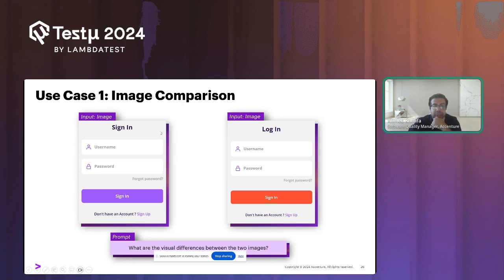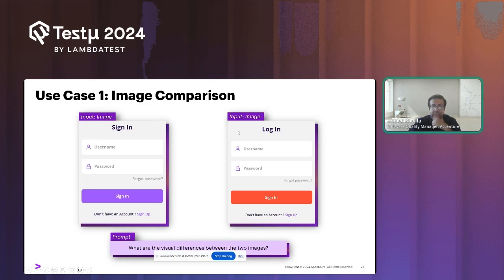In this simple demo, I have here the login platform, here is the sign in, and here is the login. There is a difference between these two, and it's very easy to visualize, right? You could see that this is the sign in and this is the login, and the color here is different. And if you passed this through a visual AI, it would work and give you the differences, like this is the sign in and this is the login, and this color here is different from here, but it really doesn't understand, right? It really doesn't understand that this is a login form.